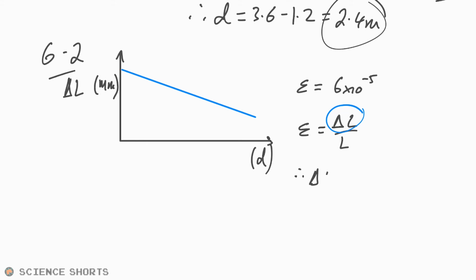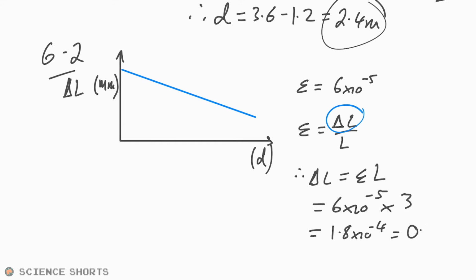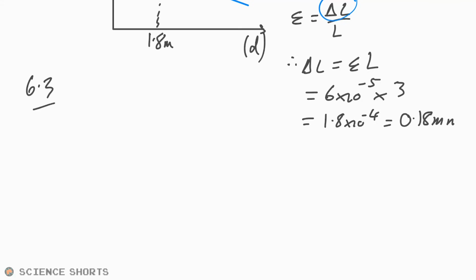So therefore delta L is equal to strain times the original length. And so that's 6 times 10 to the minus 5 times by our original length. We had that earlier and that was 3 meters. So therefore this is just going to be 18 times 10 to the minus 5, or 1.8 times 10 to the minus 4, or in other words, 0.18 millimeters. So just reading off the graph, that gives us, I think it's just 1.8 meters. There we go. 6.3, we have a Young modulus of this,